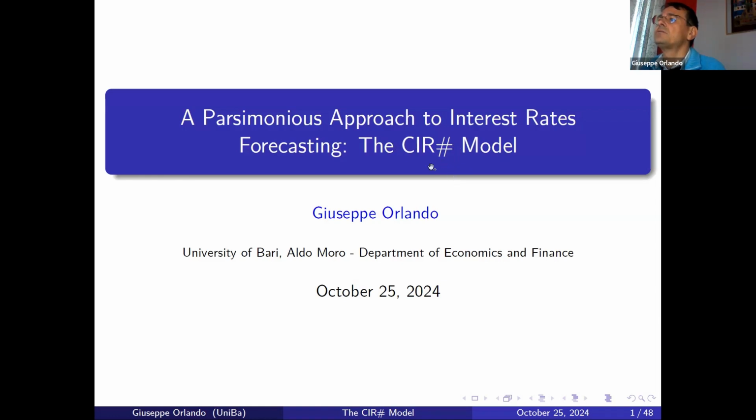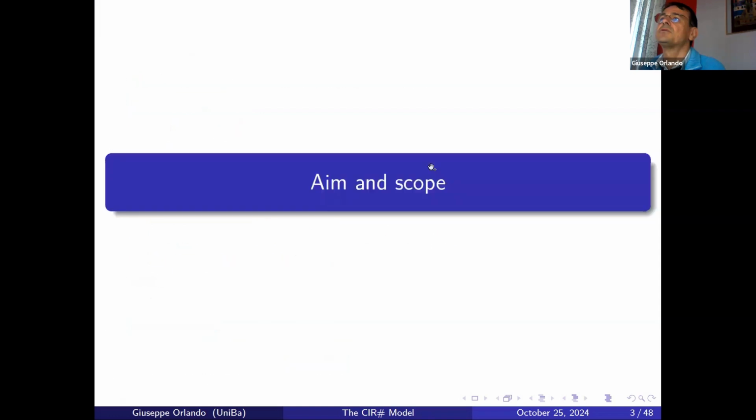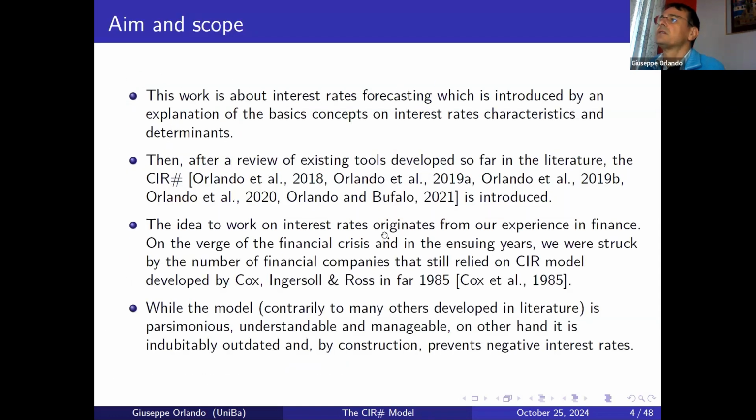Well, many of you know that the CIR is an acronym based on the Cox, Ingersoll, and Ross model, that was essentially a pricing model for bonds. And then this model was widely applied in finance